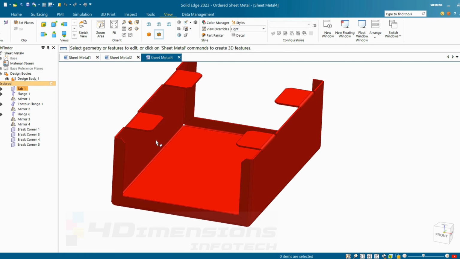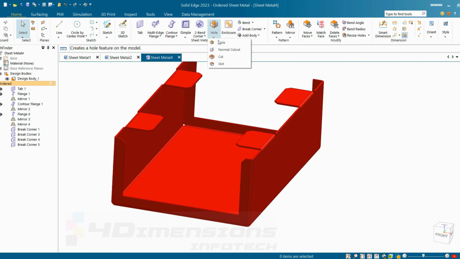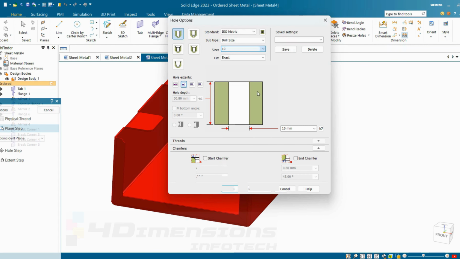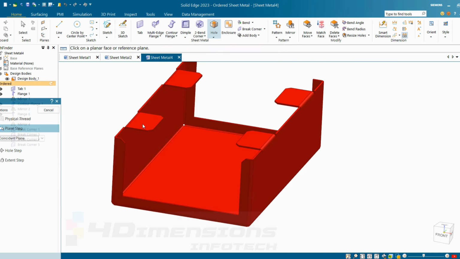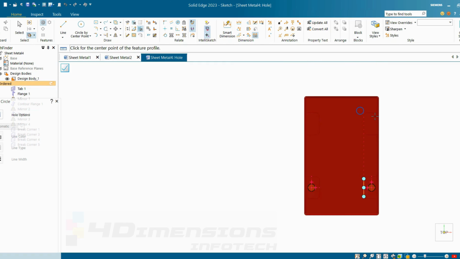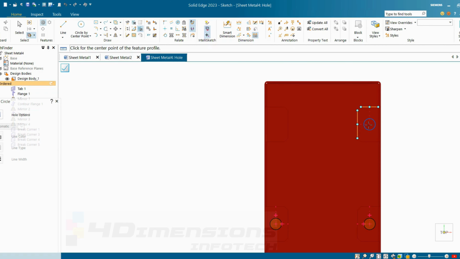Now we need to cut the holes here. So for that, I'm going to say Hole feature and I'm going to take simple holes here. So for that, select the type as drill hole. I'll take the size as 10 only, say OK. Select the face and here we'll take the center references for placing these holes. Same on the other sides. Lastly on this,